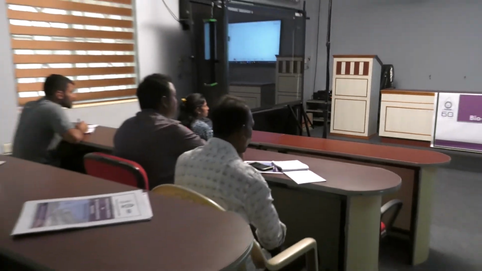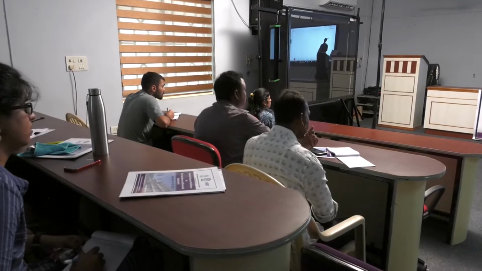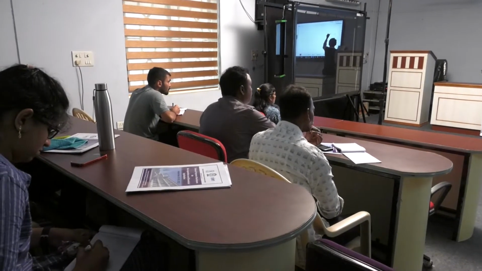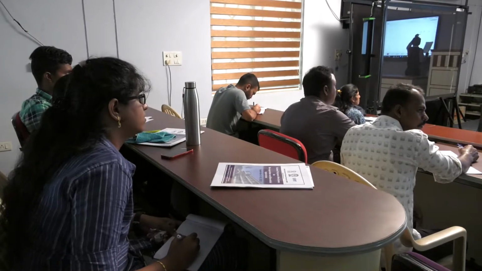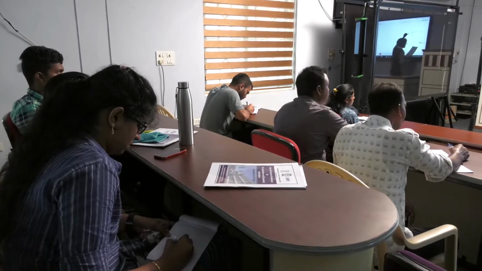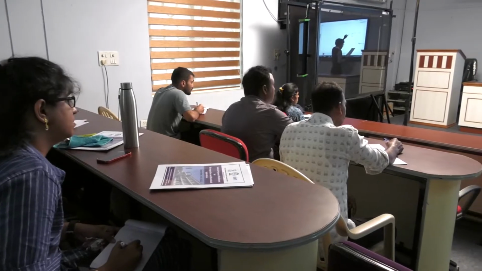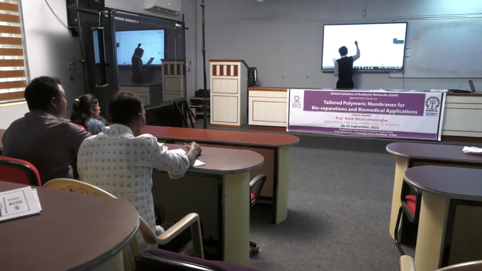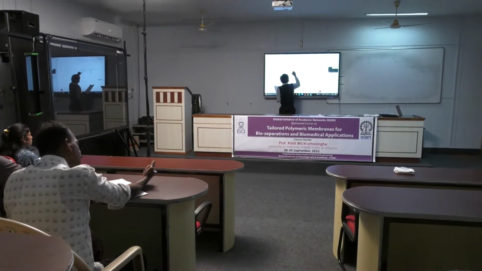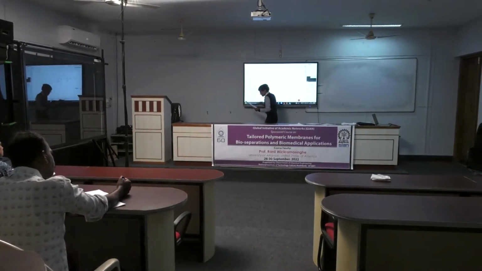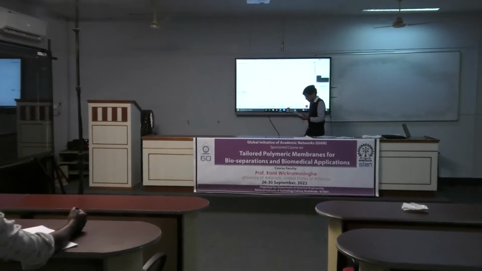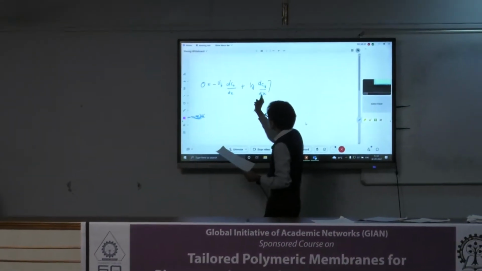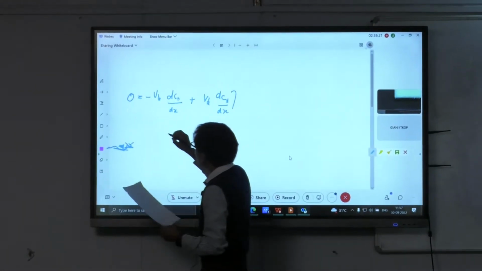Okay, so we can then put that equation into differential form, where we have 0 equals negative Vb dCb/dx plus Vd dCd/dx. And actually, if you like, I'll ask Professor Jacob to copy this, and you can have my solution also. Okay, so then you can just do some rearrangement of all this, and you will end up with